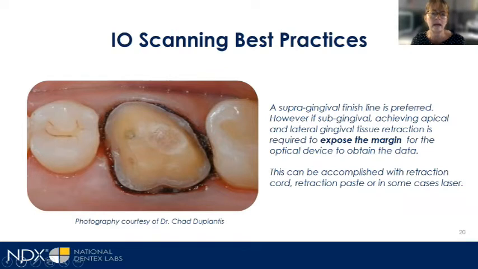This was done with a combination of hemostatic agent as well as retraction cord. You can use retraction paste, you could use laser. There's multiple ways to achieve success. I encourage you to use something, because if the tissue is butted up next to the prep, we lose the finish line. On a digital impression, there needs to be specific definition from the finish line or the margin against